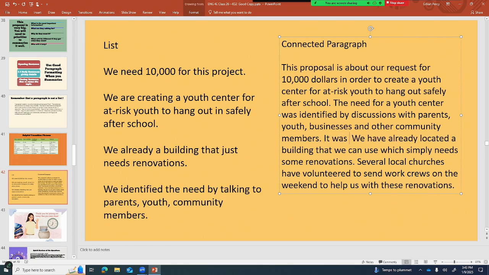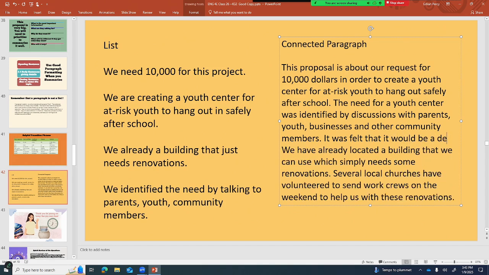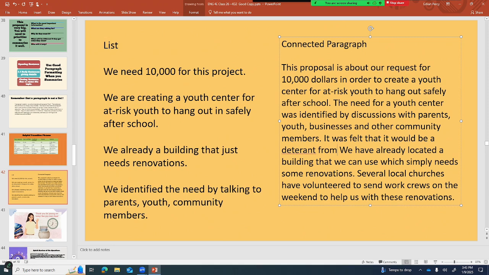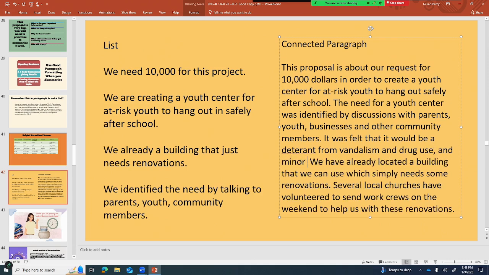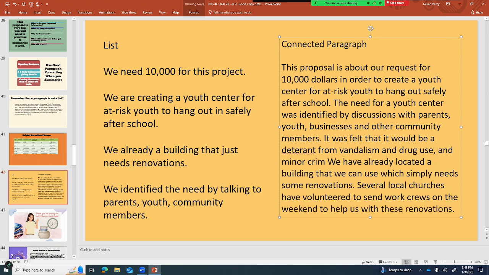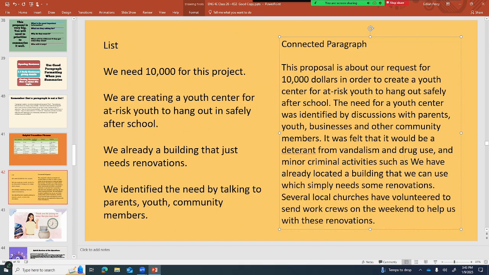It was felt that it would be a deterrent from vandalism and drug use and minor criminal activities such as shoplifting. Okay.